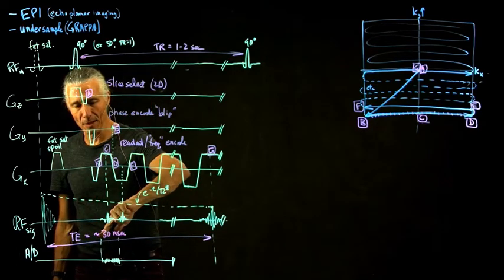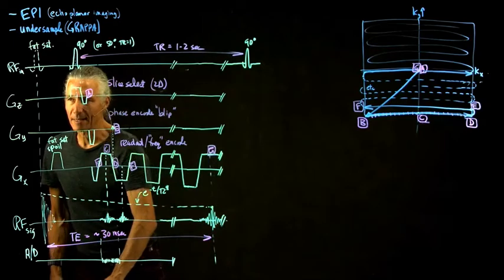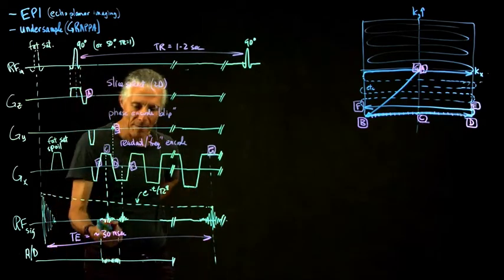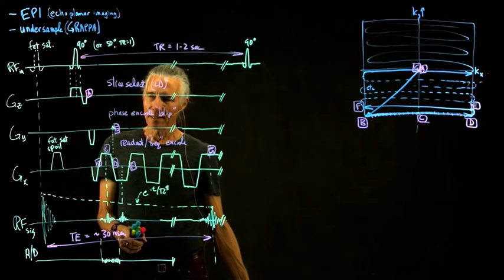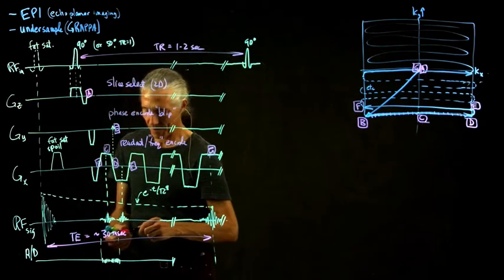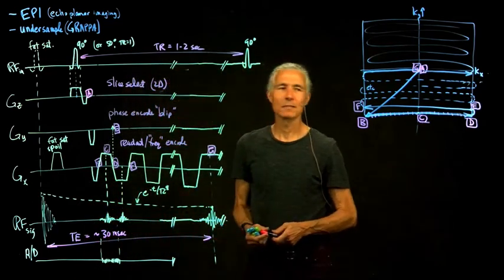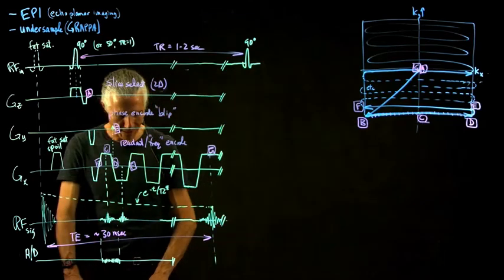Optimally it would be a little bit longer, but the problem is we want to collect lots of data, and so if we did an optimal TE that was a little longer for the best T2 star contrast, it would take up more time. So usually people go a little short on the TE, 25, 30 milliseconds. So that's basically the